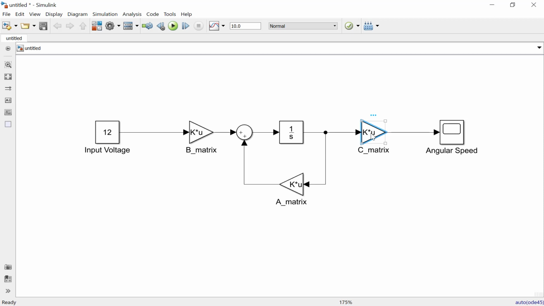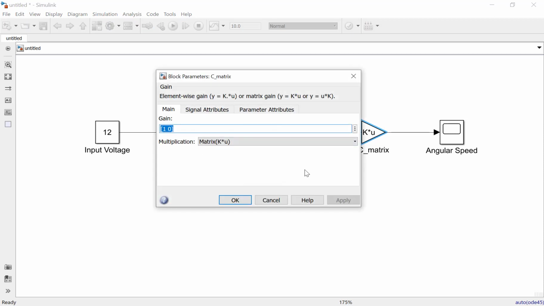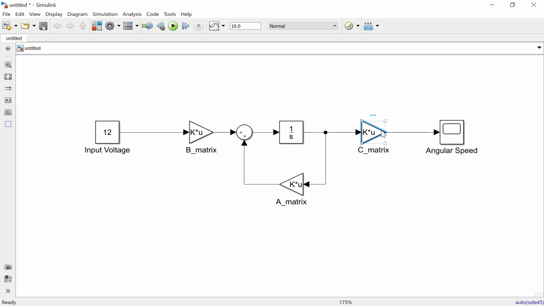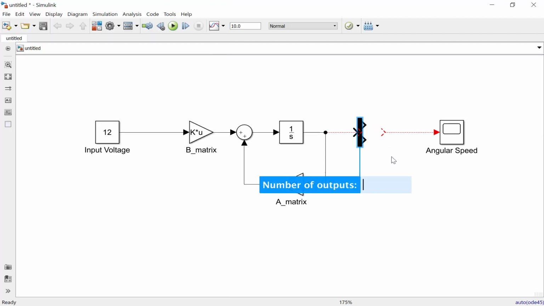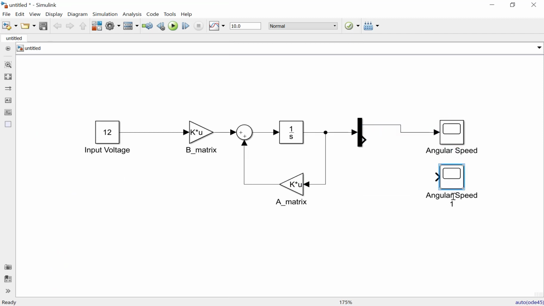If you want to know the current, you can delete this C block, and then you need to add the MUX here. Okay, and then we copy the scope, and then we can change it to be current.